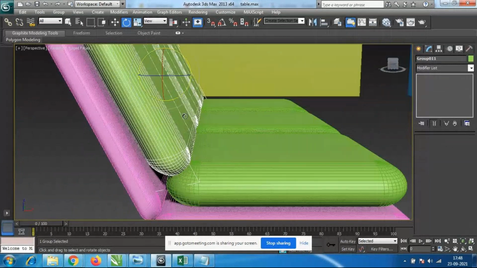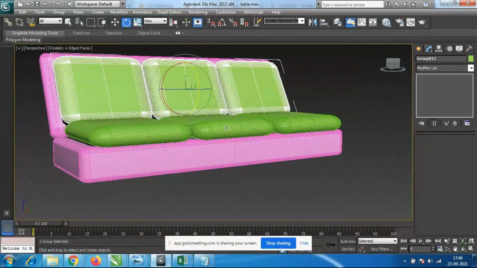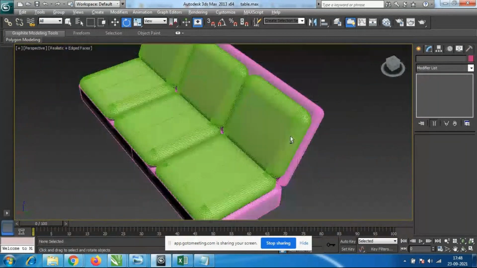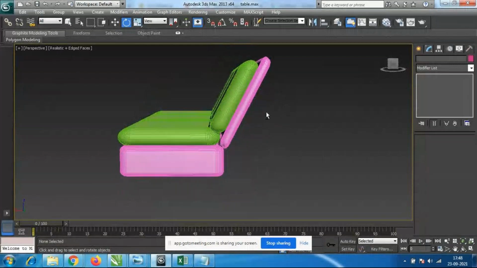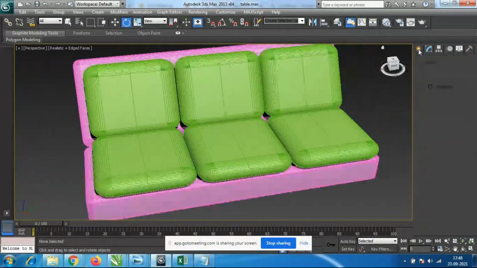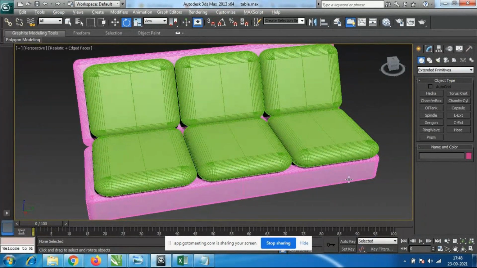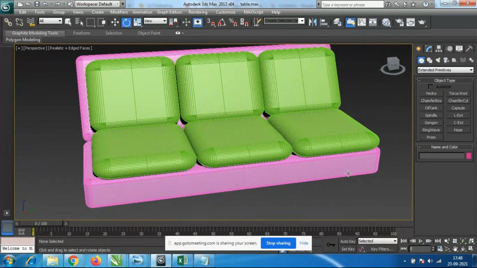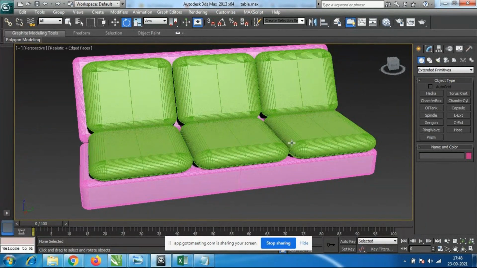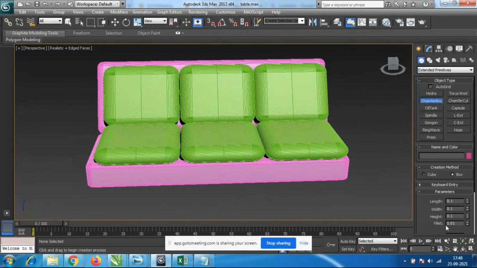Okay, zoom it and check each and everything, whether there is a gap somewhere, or whether everything has come properly or not. So I have used the chamfer box itself. Only for this wooden box we need, suppose we need the smoother shape, more than this we need the smooth shape means we have to add the fillets more. If we need the sharper shape, no need to add more fillets.